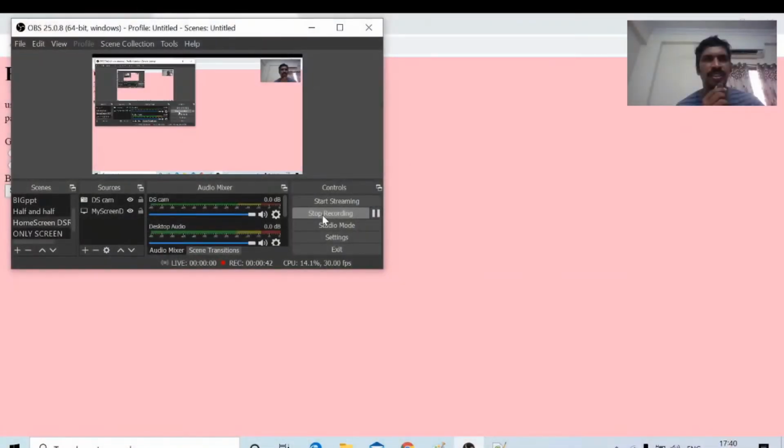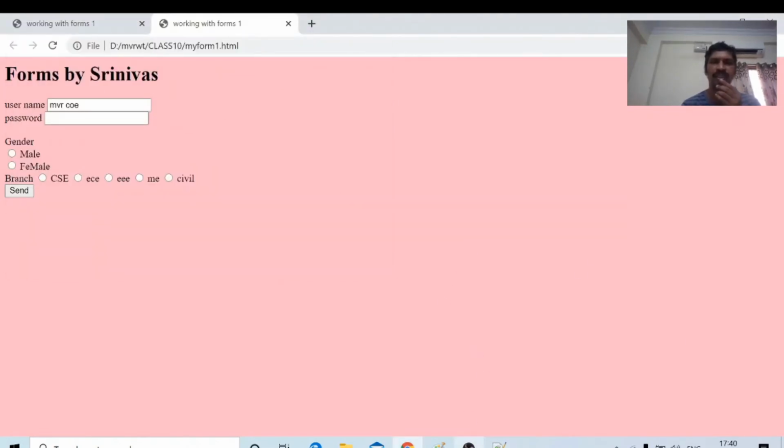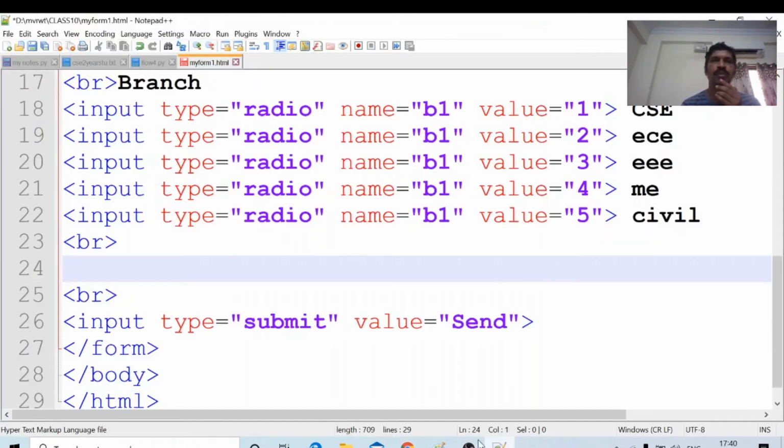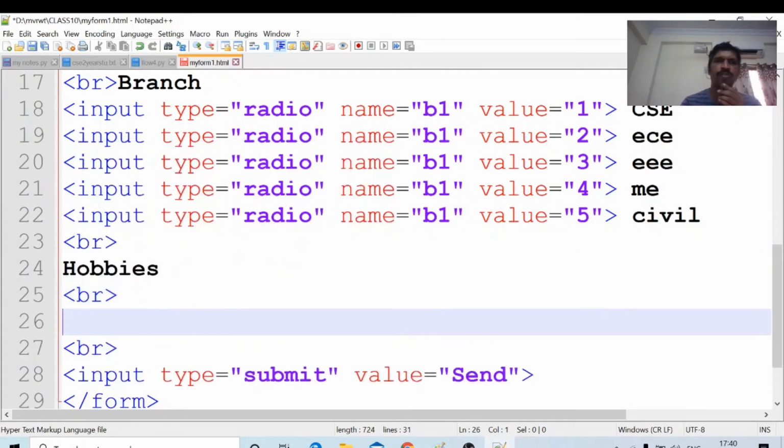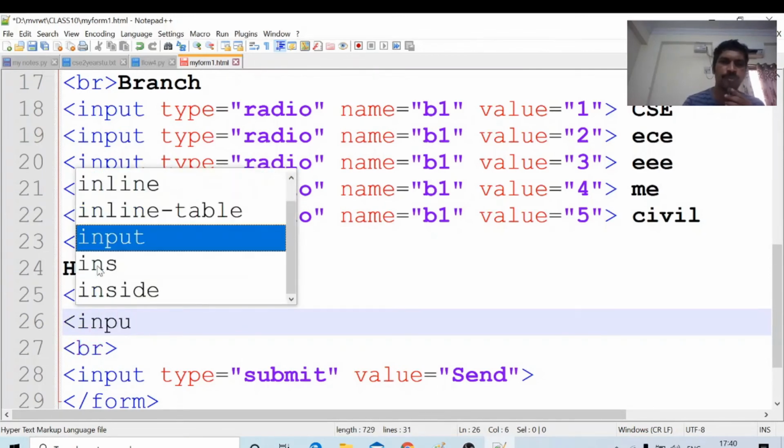In order to select hobbies, a radio button is not enough. We will use checkboxes. Now we will see how to work with checkboxes in HTML. In the same form, I will insert checkboxes. Hobbies, break. For writing checkboxes, input is the common element. Input.